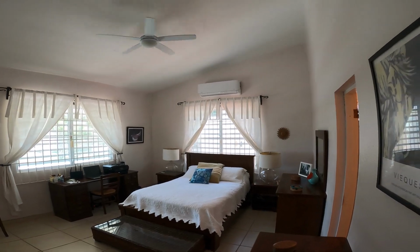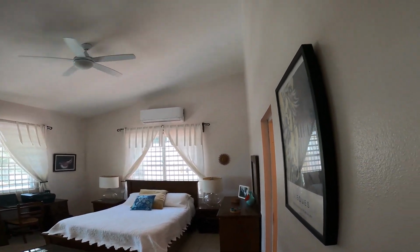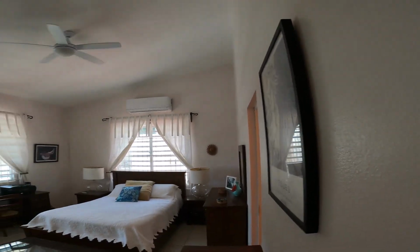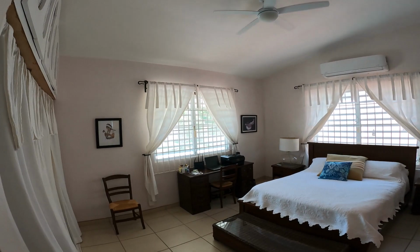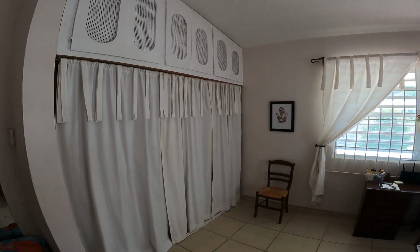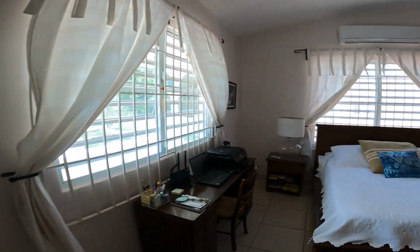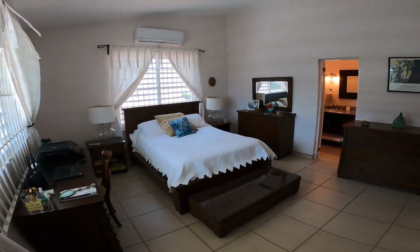Again, notice there's a mini split up there, slanted ceiling, very high. This could be like a 12 or 13 foot peak, and on this side is probably 10, maybe a little bit more. So again, good closet space, good sized bedroom. This is set up enough to be a bedroom, little office area,